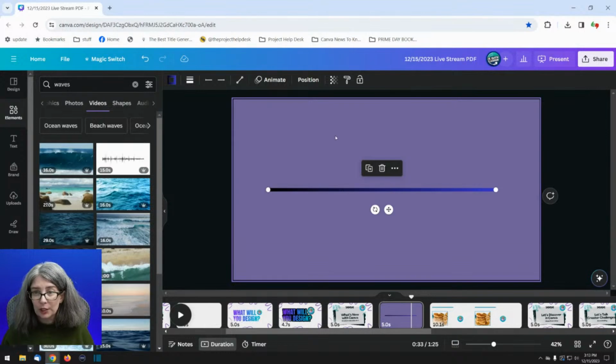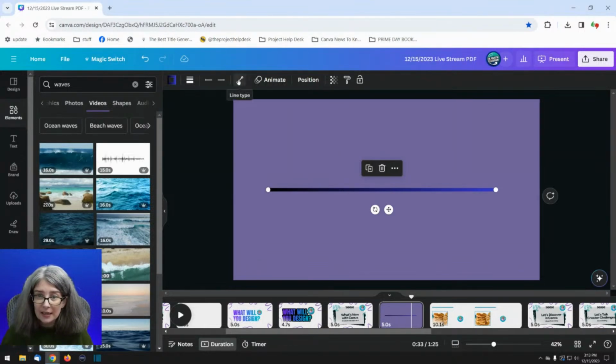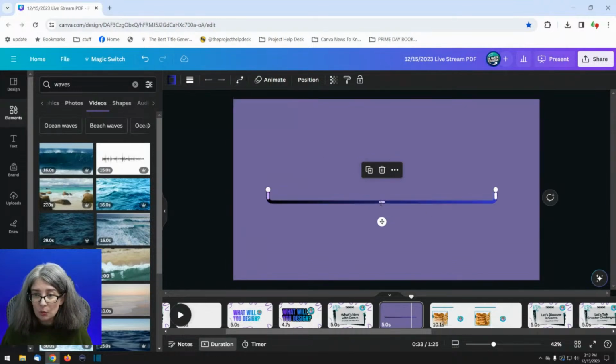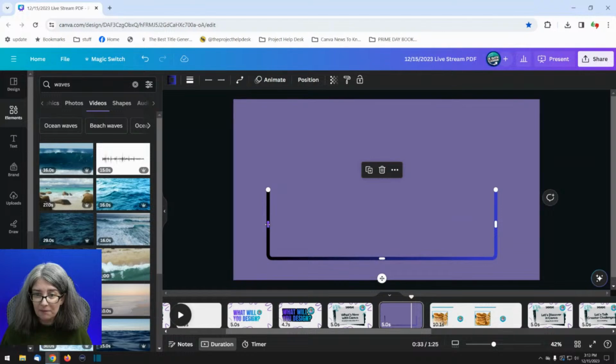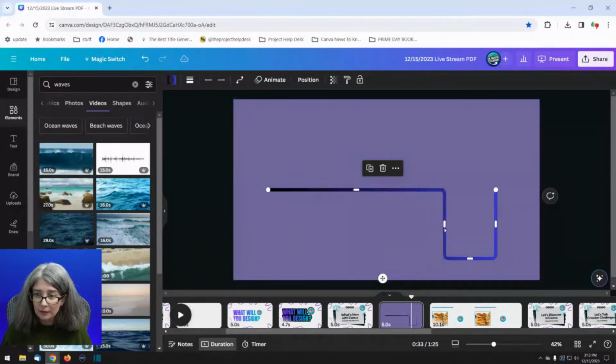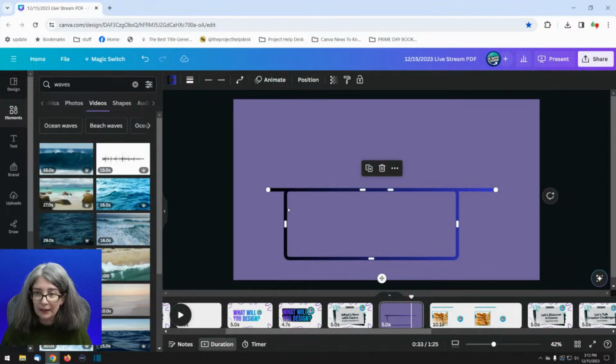So that's pretty cool. And one thing that I've never, ever, ever shared here is that you can actually change it to be elbows. And so you can pull down and make some fun shapes with your lines.